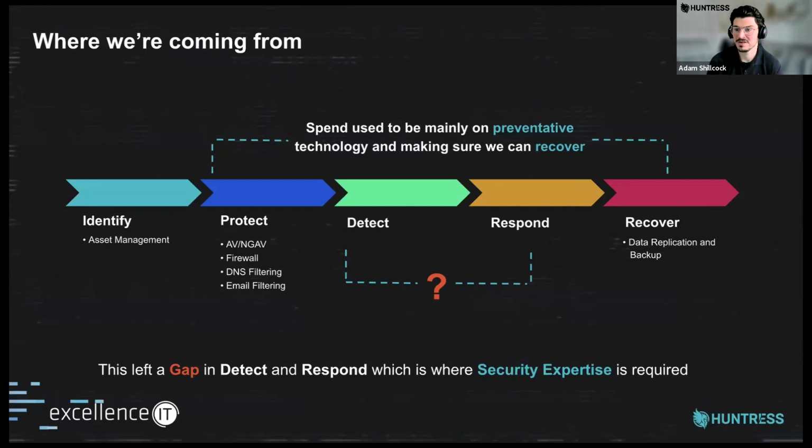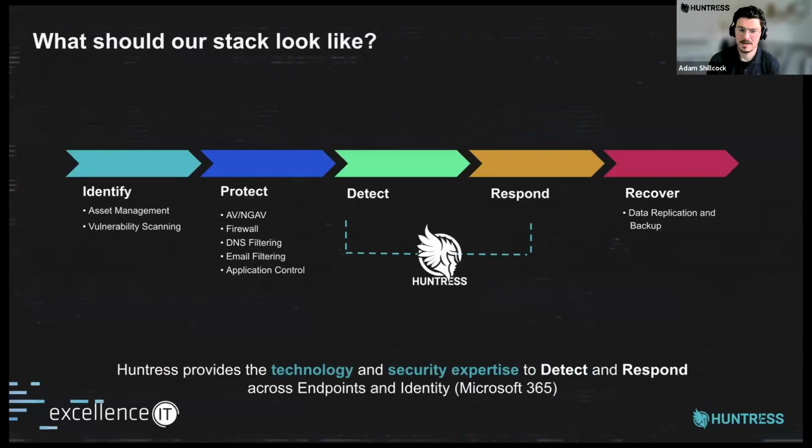But detect and respond historically for the SMB market has been very underinvested. And this is where Huntress comes in. So we provide both the technology and the security expertise to provide 24/7 threat detection and response to identify attackers that have got through those preventative controls, detect them as quickly as possible, remove them from the environment, and help with that response effort and that cleanup in partnership with Excellence IT, who know your environment that little bit better,